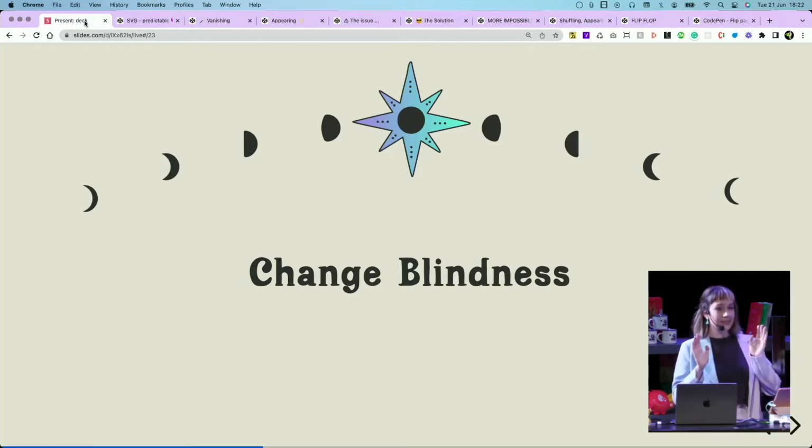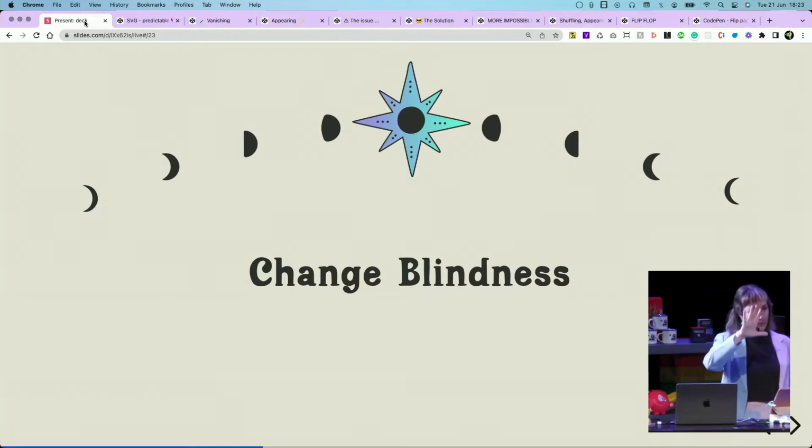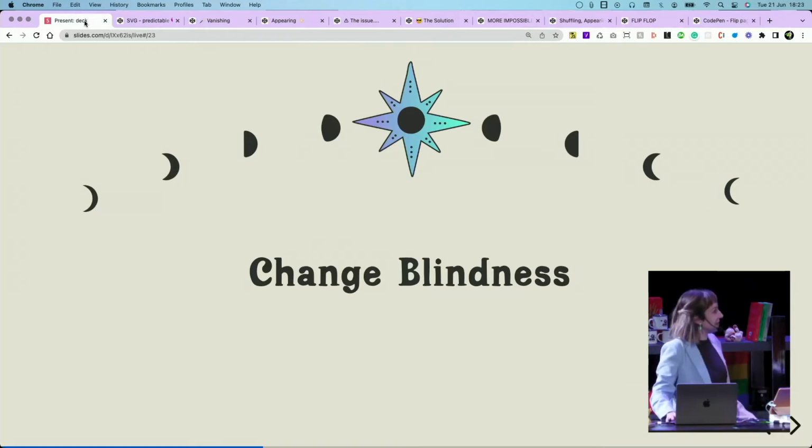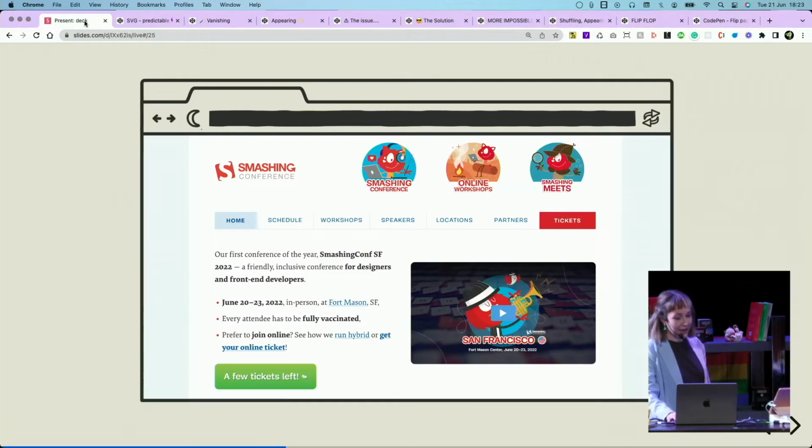And then they did another one where they just flashed them and then showed a screen of white for a second and then showed the next image. And people really struggled to find the differences when there was this visual disturbance in the middle. I find this really fascinating because this is basically how page refreshes work on the web.